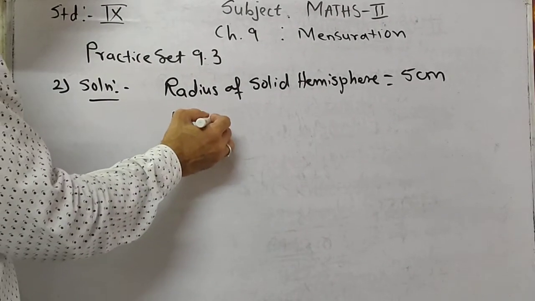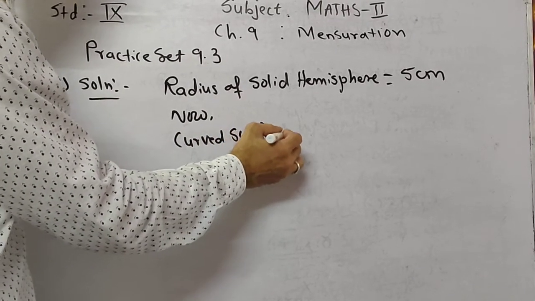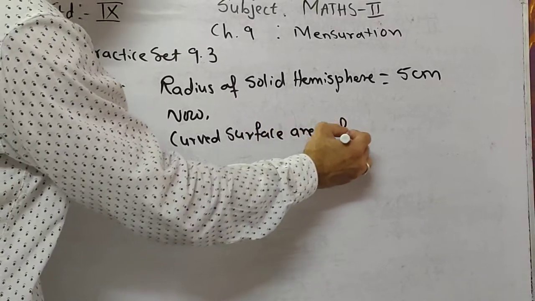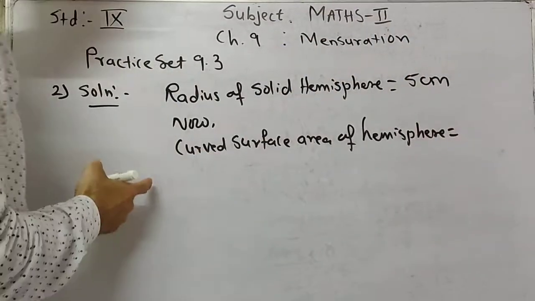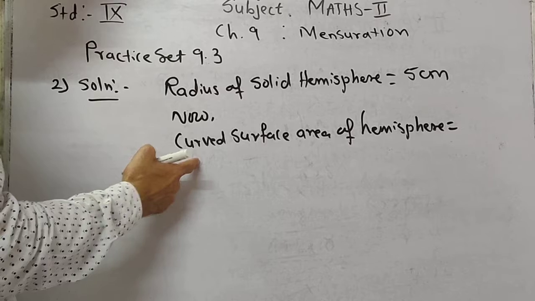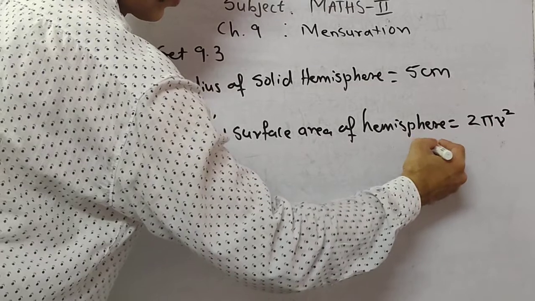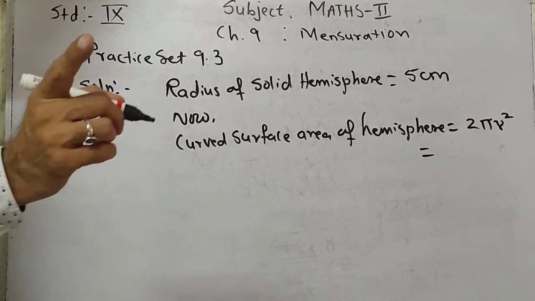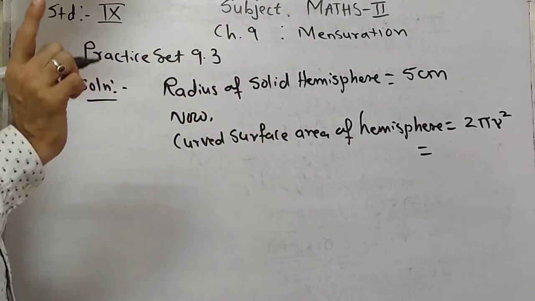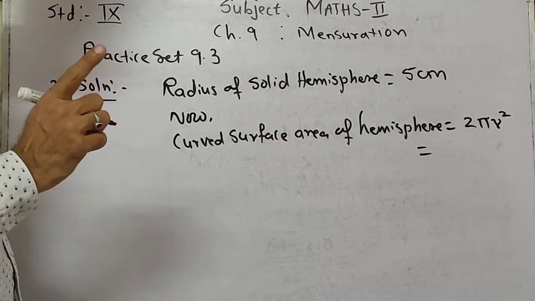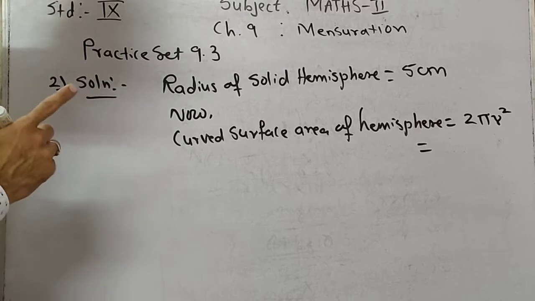Okay, now curved surface area of hemisphere. इसमें curved surface आएगा hemisphere में. Curved surface area you know 2 pi r square, and total surface is 3 pi r square as I told you. Okay, in hemisphere, sphere में तो एक ही रहता है. In sphere, curved and total is same, only 4 pi r square. Okay, so curved surface area of hemisphere is 2 pi r square.